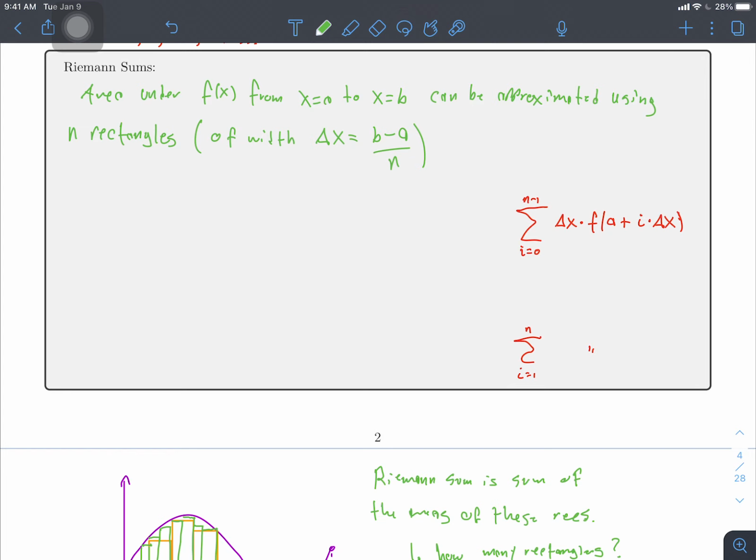Okay, so area under f of x from x equals a to x equals b can be approximated using n rectangles of width delta x equals b minus a over n, using either a right Riemann sum